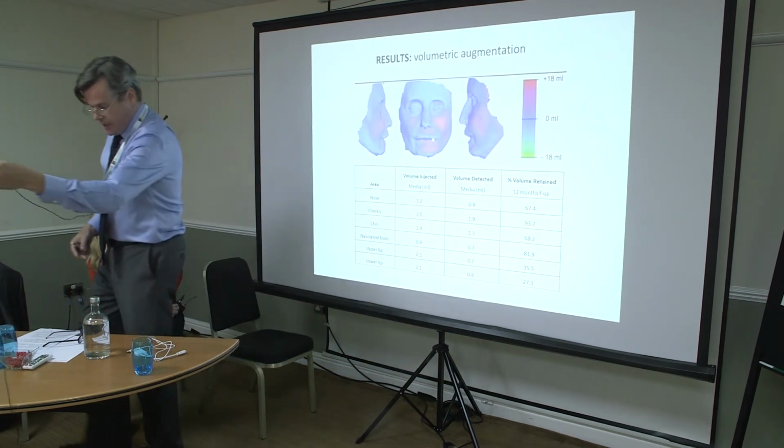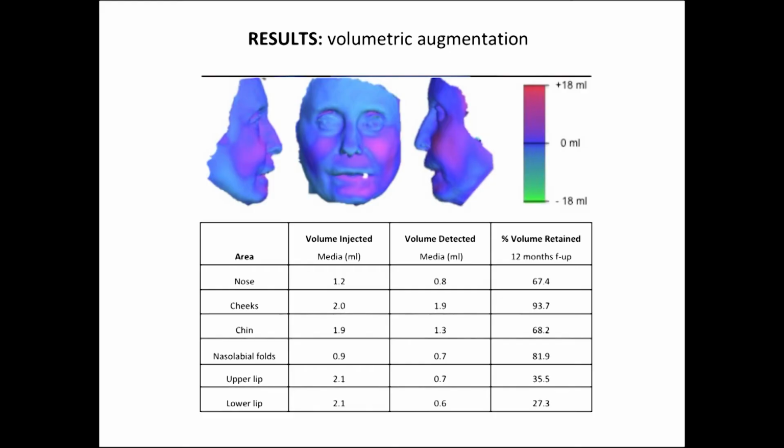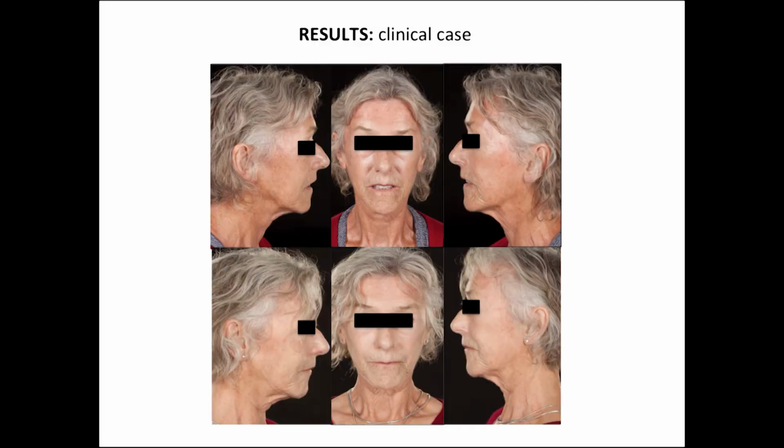Now this is interesting. I don't know, we can make a lot of reasons why it happened, but what it has done is change my approach. The difference between the upper and the lower lip is I actually do less in the upper lip than I do in the lower lip, because I know the retention is going to be more in the upper lip than the lower lip, again to improve the aesthetic endpoint. So this is an example of patients pre and post treatment, pre-treatment at the top, post-treatment at the